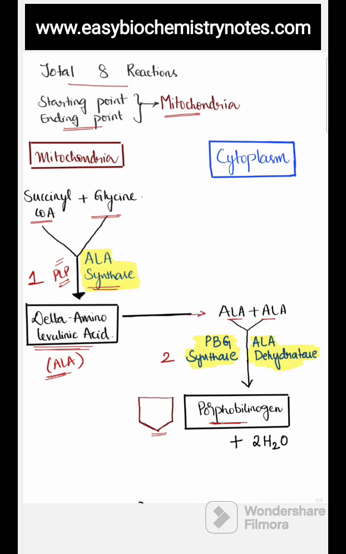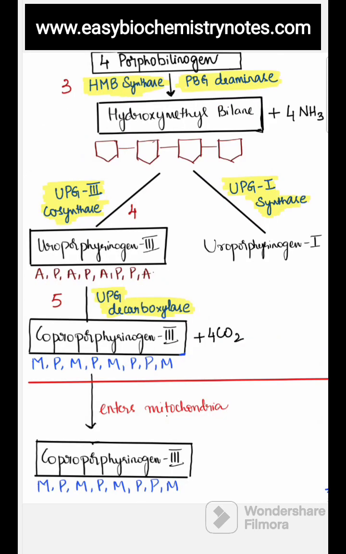So because porphobilinogen, or otherwise PBG, is getting synthesized, the enzyme is PBG synthase, and also in this reaction 2 water molecules are removed. So the enzyme can be ALA dehydratase, that is the removal of water molecule. Now because heme is a tetrapyrrole ring, 4 porphobilinogen molecules, porphobilinogen being a single pyrrole ring, so 4 such molecules join together to form a linear tetrapyrrole structure, that is